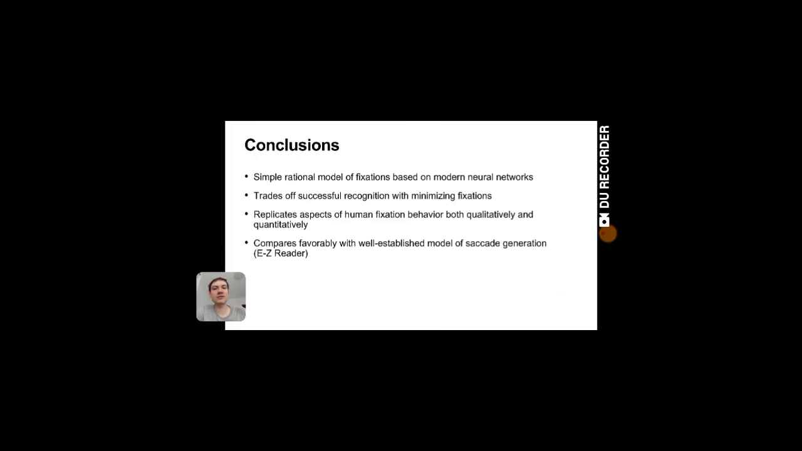To conclude, I presented to you a simple rational model of fixations that is based on modern neural network models, as we have in NLP, and reinforcement learning. It is trained to trade off successful recognition of the words with minimizing the fixations. And this kind of simple architecture replicates aspects of human fixation behavior both qualitatively and quantitatively in the Dundee corpus, and compares favorably with specific well-established models of saccade generation and the EZ Reader model,